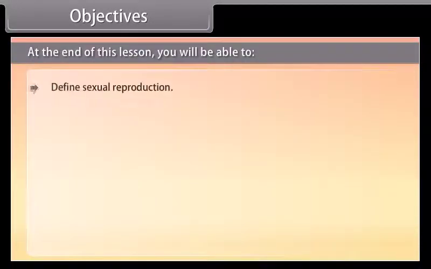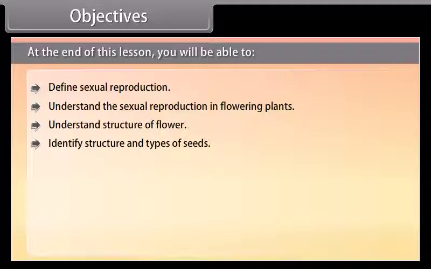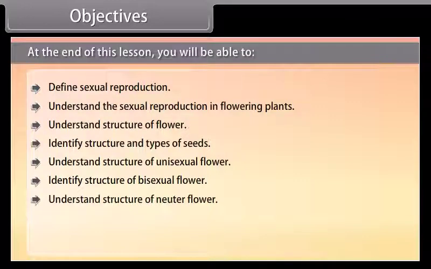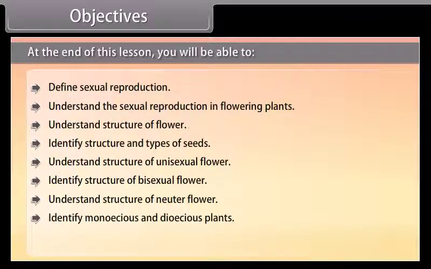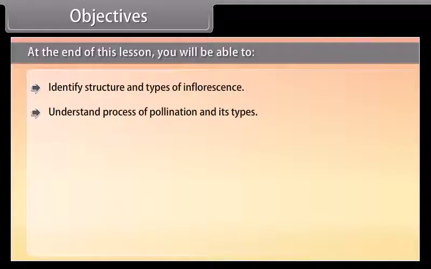Objectives. At the end of this lesson, you'll be able to define sexual reproduction, understand the sexual reproduction in flowering plants, understand the structure of a flower, identify the structure and types of seeds, understand the structure of a unisexual flower, identify the structure of a bisexual flower, understand the structure of a neuter flower, identify monoecious and dioecious plants, understand the functions of a flower, identify the structure and types of inflorescence, understand the process of pollination and its types, understand the process of fertilization, identify the structure of an ovule,